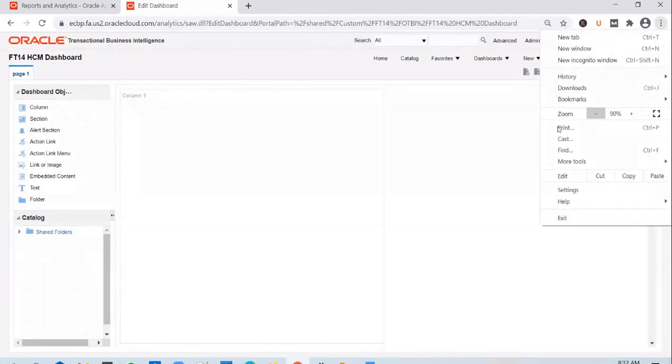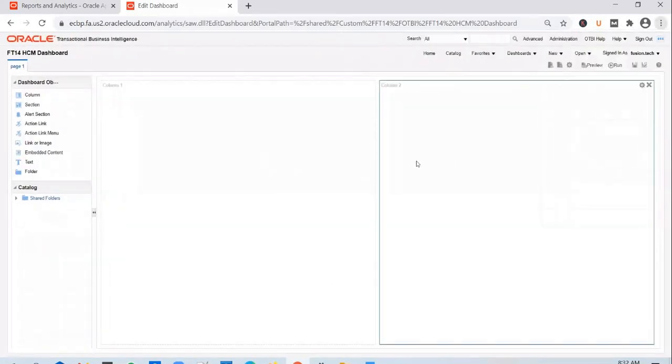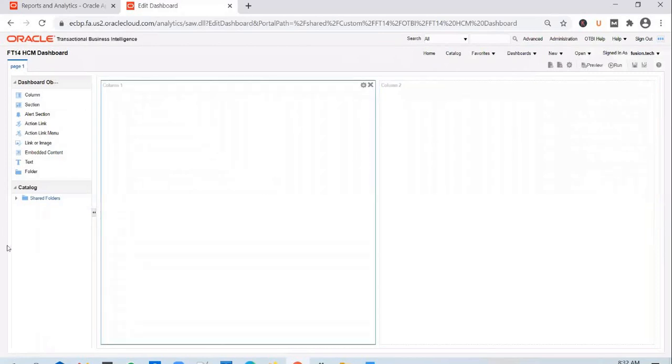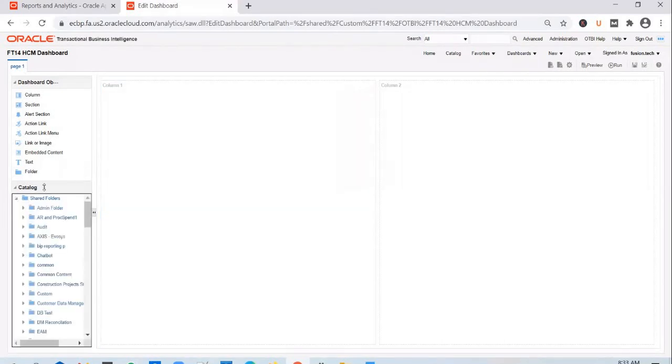If you reduce the zoom size a little bit, you see that the columns are side by side now. And in the first column, we usually drop in a dashboard prompt. So we need to include the dashboard prompt that we created. From where can you do that? You have the catalog here, right? You can browse the folders here.